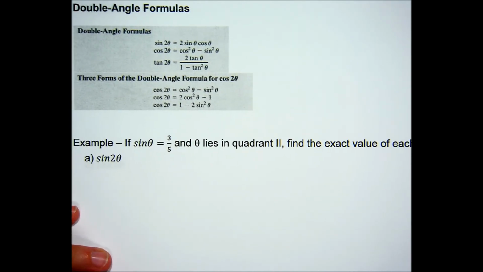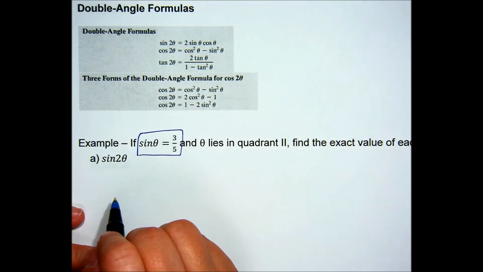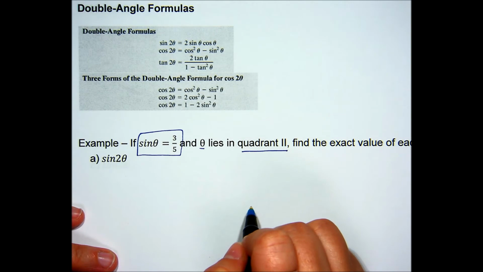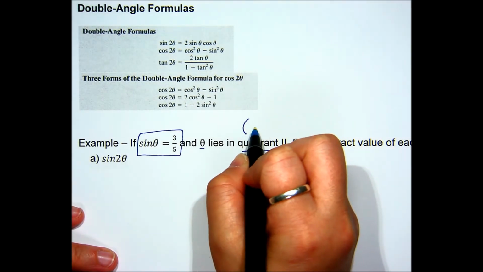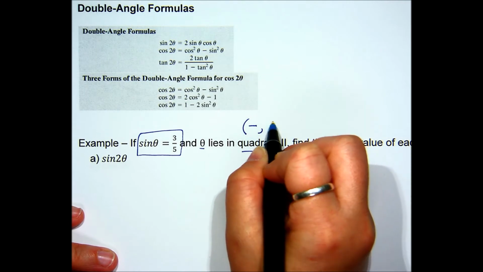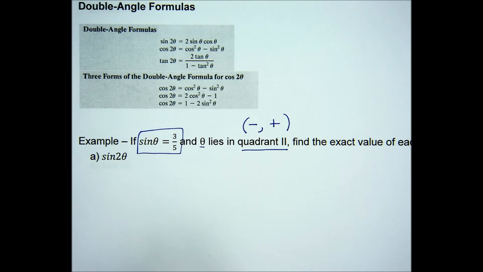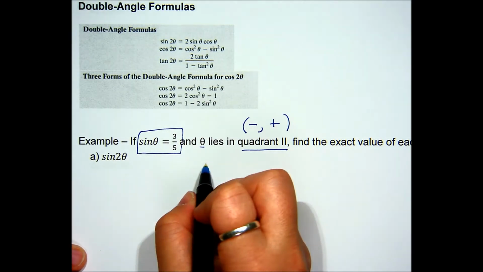So let's look at this. If sine of theta is 3/5 and theta lies in quadrant 2. Okay, first of all, what do we know about quadrant 2 points? Quadrant 2 points have negative x's and positive y's. Okay, so negative x's and positive y's. If sine theta is 3/5,